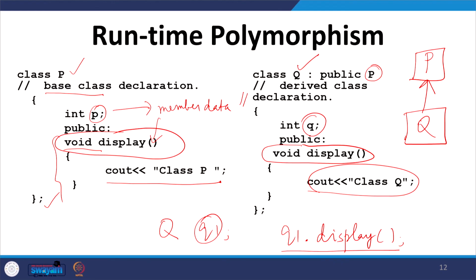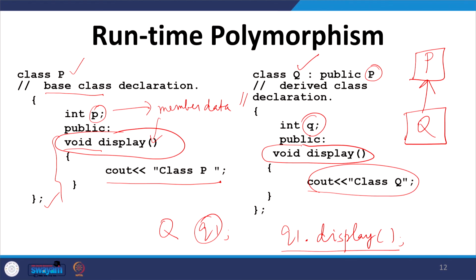So, this we will extensively study. This is just an introductory class of polymorphism. So, now when your object Q1 is invoking display, which member function will be called? This will be decided during runtime, you can think of it that way. Anyway, extensively we are going to study it. So, I am giving a reading assignment. You can write a program and think about which one will be called.